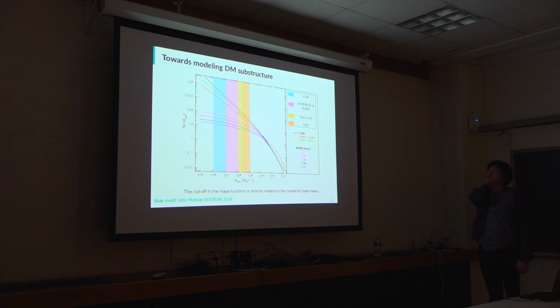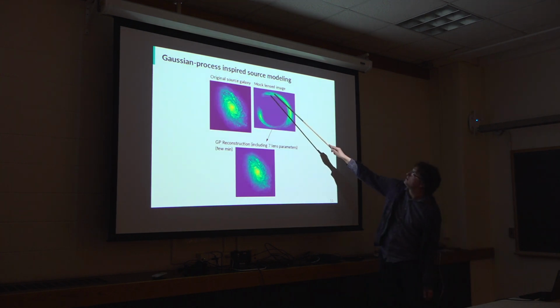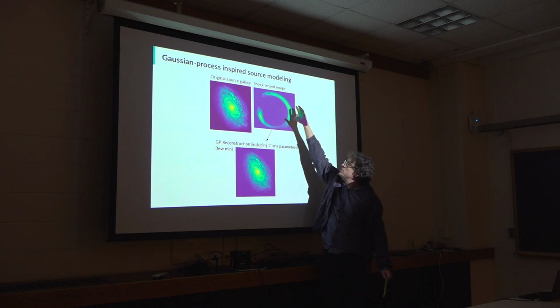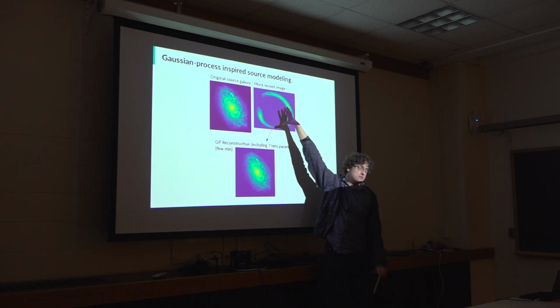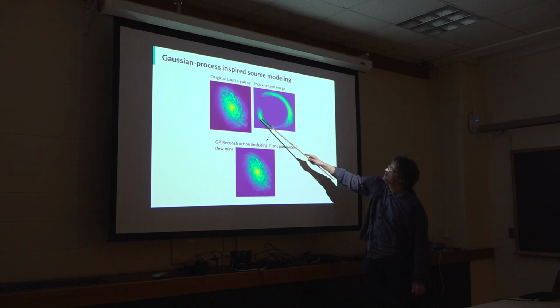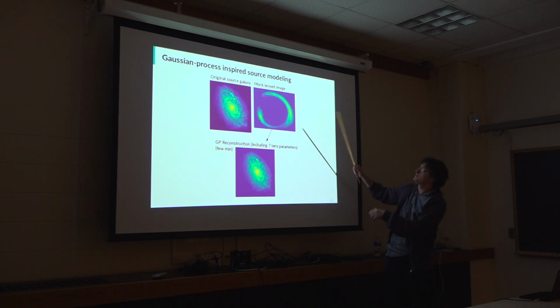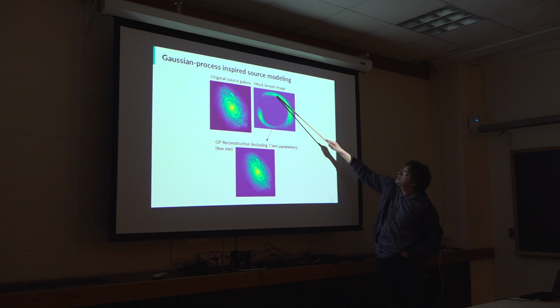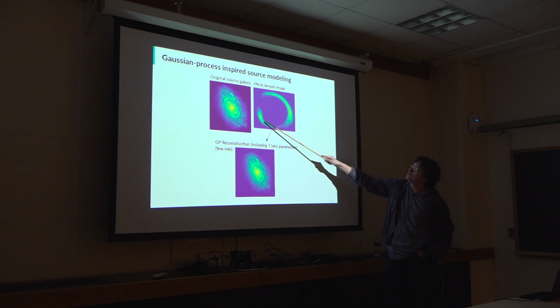So what I am really interested in, what kept me busy for probably the last half year, is substructures. The reason why we got started is we want to see small substructures in the dark matter halo. They would show up basically, so this kind of image you get from the main lens, right? This generates the image. But then small subhalos, we only consider subhalos of the main lens, small subhalos that lie along the